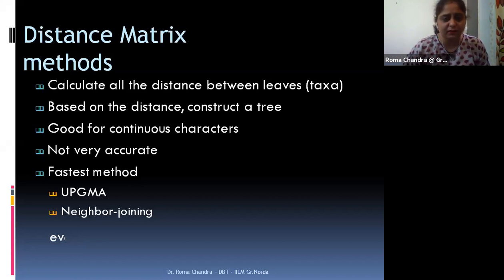Like for example, we have gone with the tools for pairwise alignment. We have BLAST and we have FASTA. As we compare the accuracy, we say that the accuracy of the FASTA tool is better, but the speed of the BLAST tool is faster. In a similar manner, if we talk about the accuracy of our distance matrix method, we consider it less accurate but faster.